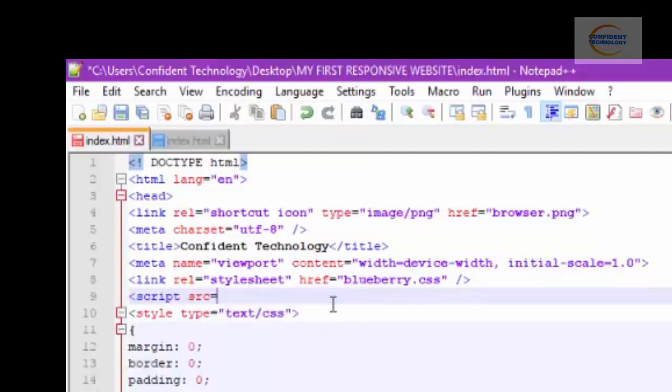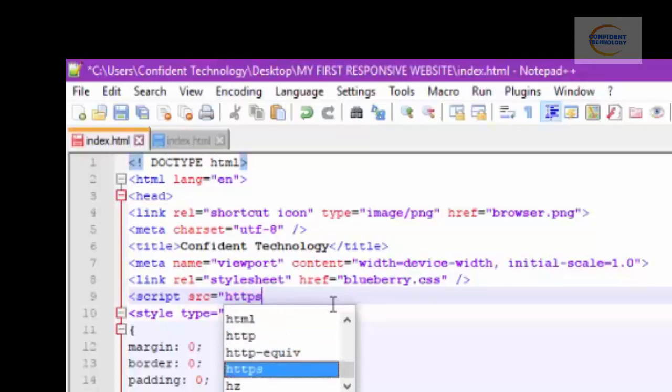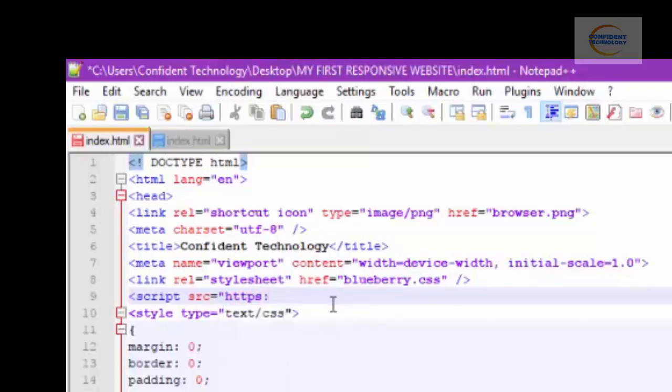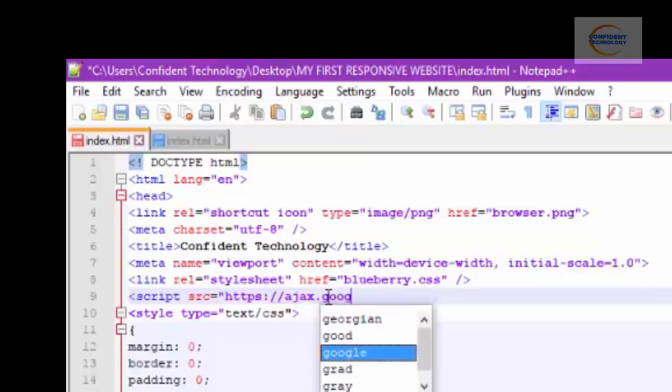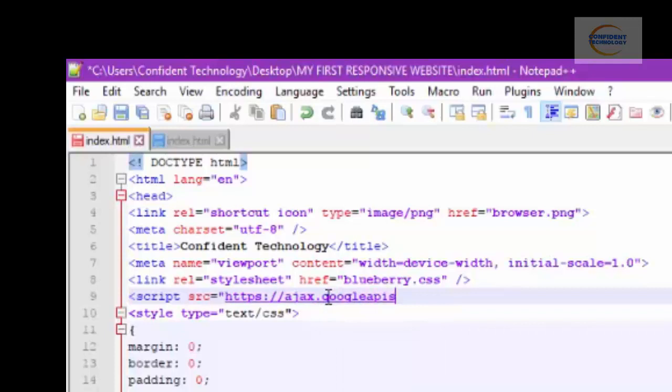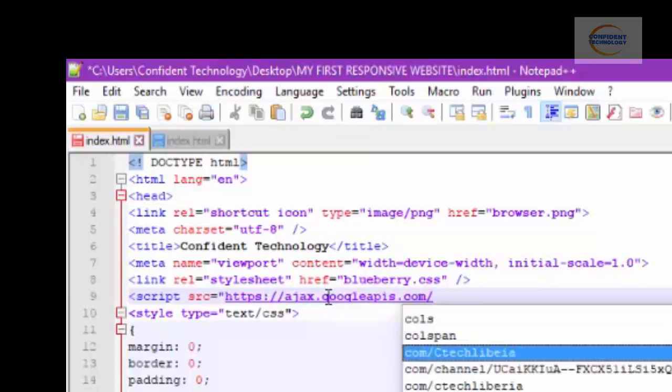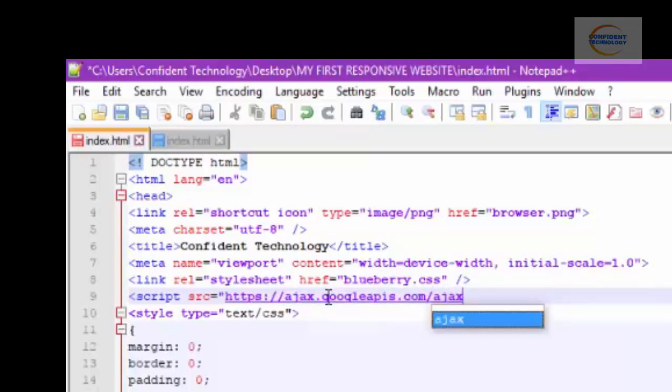So our next thing is script src equals quotation open, https colon slash slash ajax dot googleapis dot com slash ajax slash libs slash jquery,